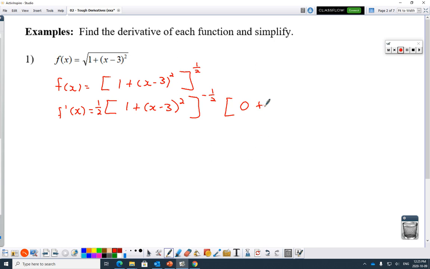Plus, and I'm going to write all these 1s in here that you don't really need. See, I go 2 times x minus 3 to the 1. You don't really need that 1 there. And then times the derivative of the inside, but the derivative of the inside is just 1. So I didn't forget about the chain rule. It just happens to be a 1 this time. And then I'll show what is the last step, really,